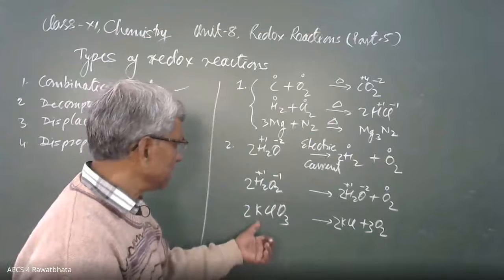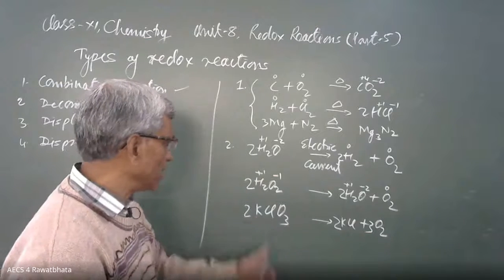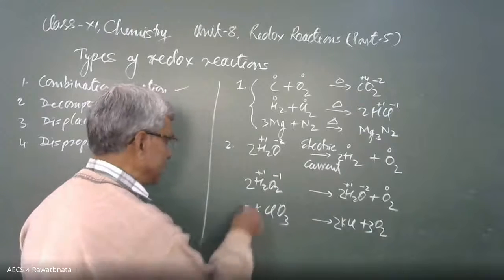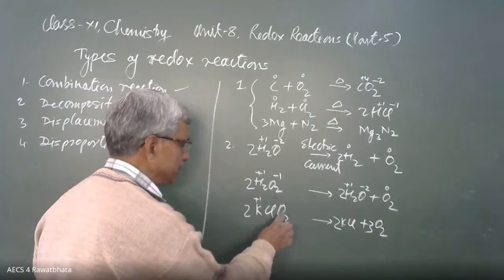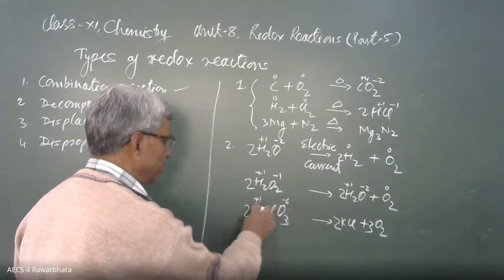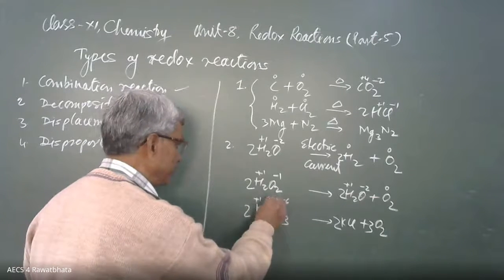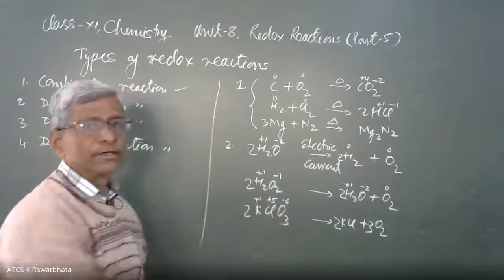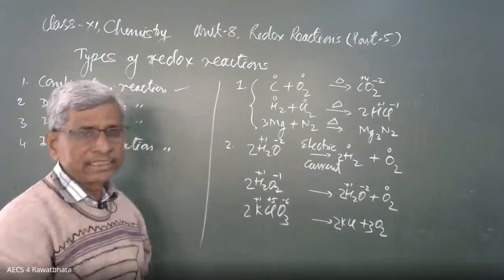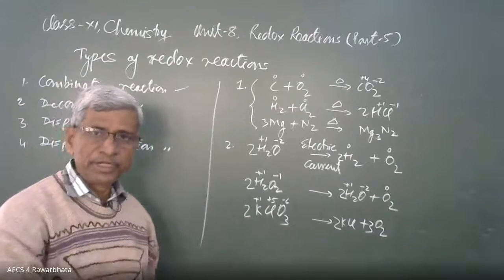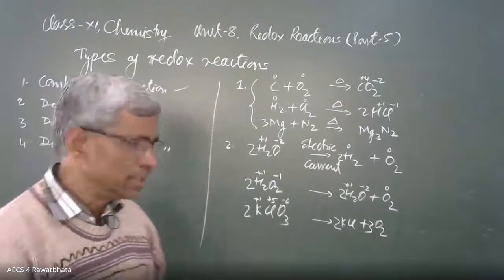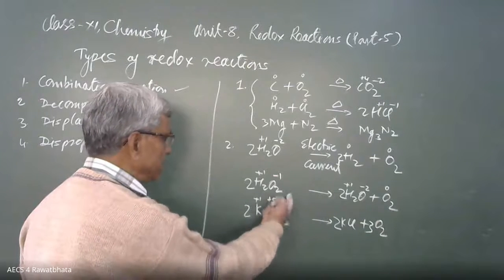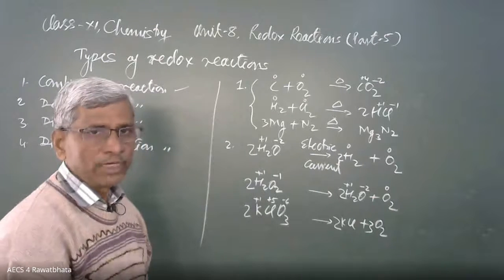And in this, K is positive, no problem. Here is Cl, KClO3, we have to calculate. K is +1 and oxygen is -6, then -5, then Cl is +5. Chlorine oxidation state is +5. Total oxidation state should be 0 in a compound. In this way, I have decided the Cl. Potassium is the element of first group, that's why +1, and oxygen is -2, here -2, that's why -6, and Cl contribution is +5 only.